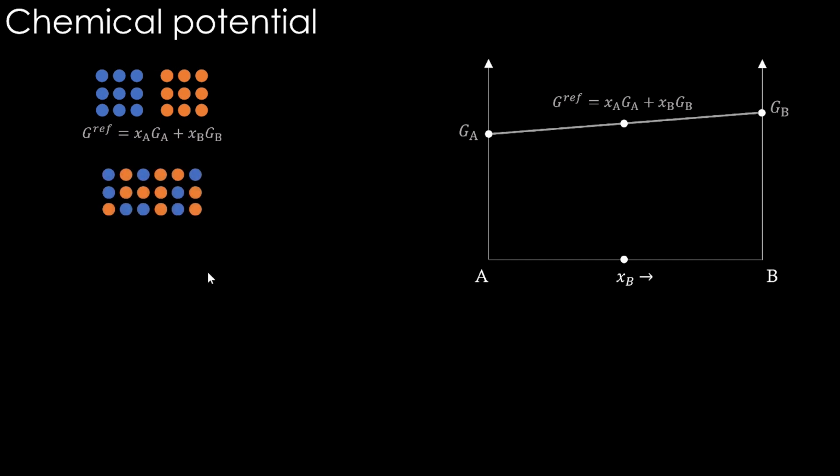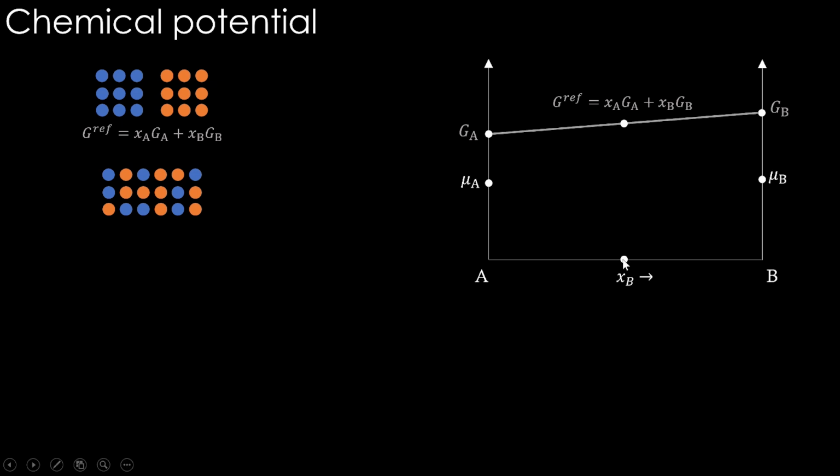Now once we mix this, then what happens? The Gibbs energy of pure A and pure B will be different now in this solution, right, compared to its standard state. So the Gibbs energy of A changes to a new value, and this is the Gibbs energy of A in the solution. We call it the chemical potential of A. Similarly, the Gibbs energy of B changes to another value. This is the chemical potential of B in the solution.